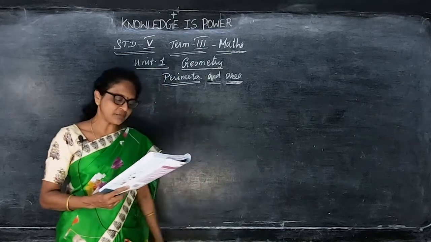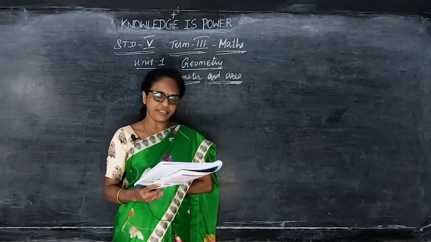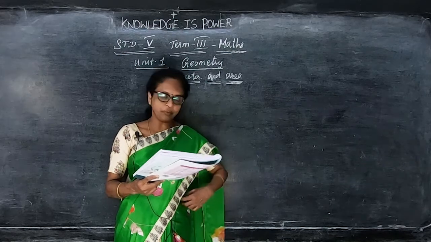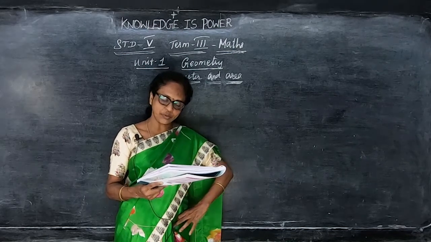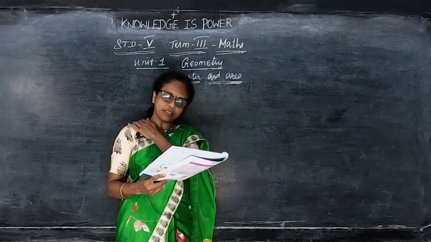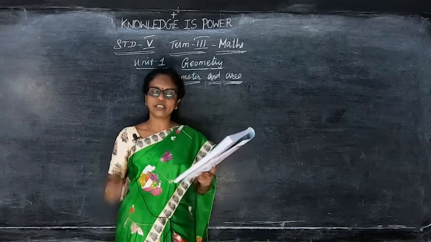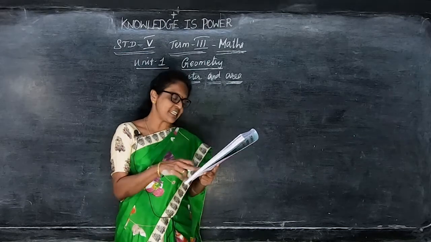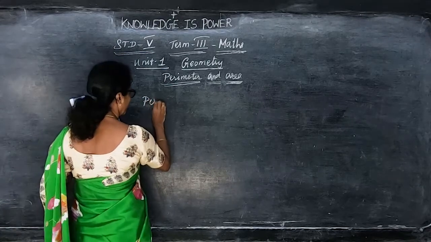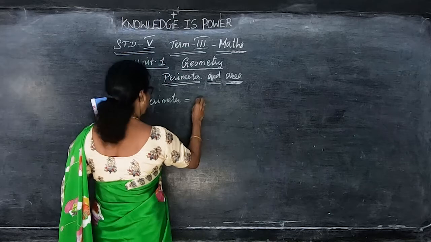Raju is a class 5 student of a Panchayat Union Middle School, and the headmaster wanted to fence the school as disturbance is caused by trespassers. So the headmaster asked Raju and his classmates to measure the length of the boundary of the school premises so as to buy the required fencing wire. Raju and his friends measured the length of each side and added them to get the total length. So perimeter is equal to the length of the boundary.